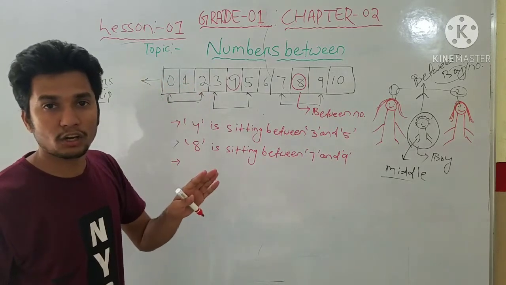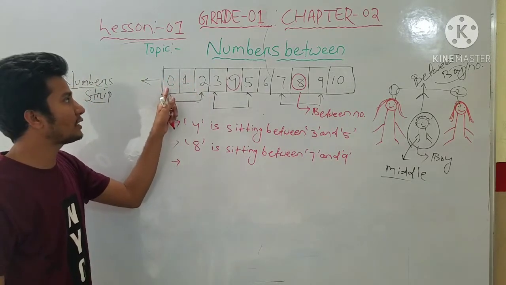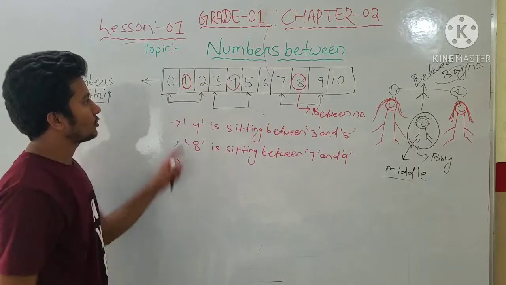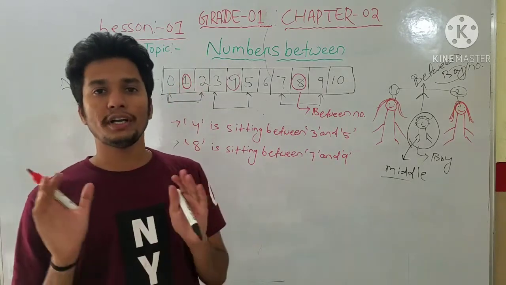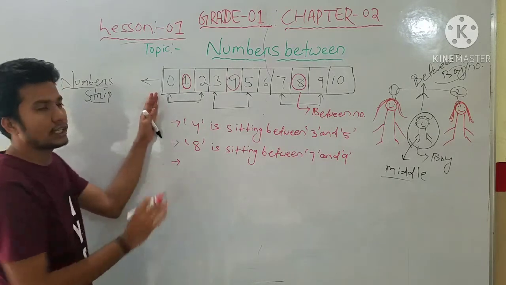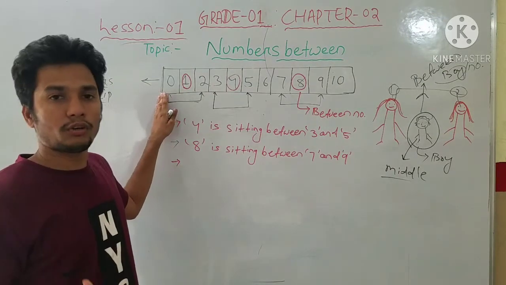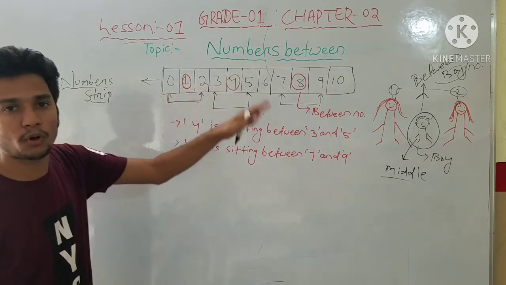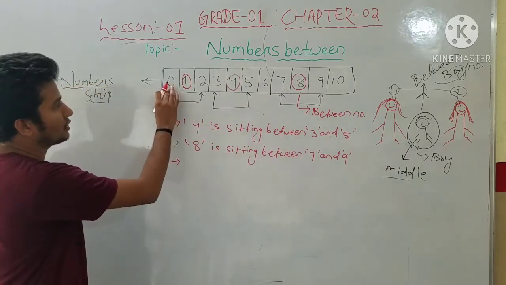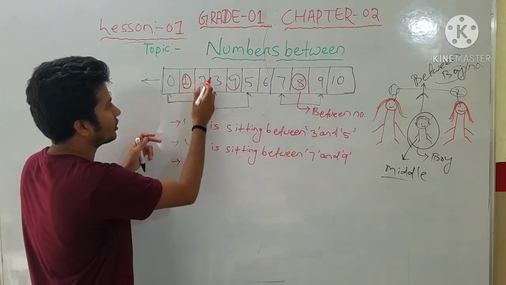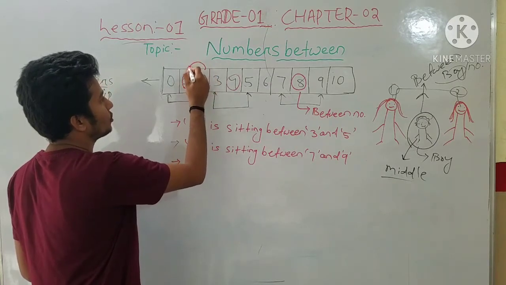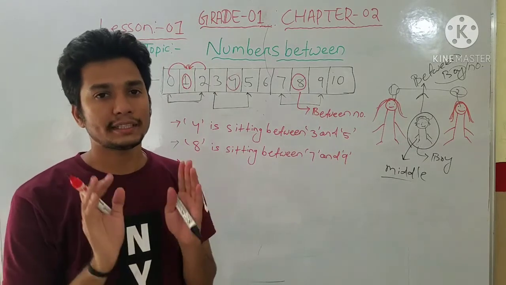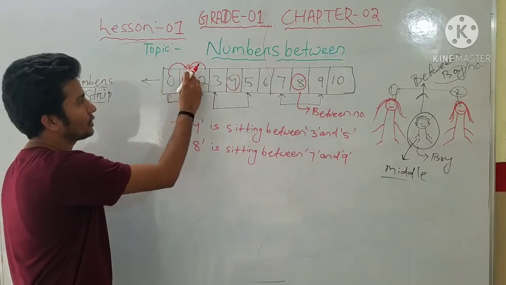And I can also say, which number is sitting in the middle of 0 and 2. You can easily identify that it is 1. So 1 is sitting in between 0 and 2. Why? Students, when we count numbers going forward, 0, 1, 2, 3, 4, 5, 6, like this. After 0, which number will come? 1. After that 2 will come. So for 0 and 2, who is the middle? 1 is the middle number, and that number we can say is the between number.